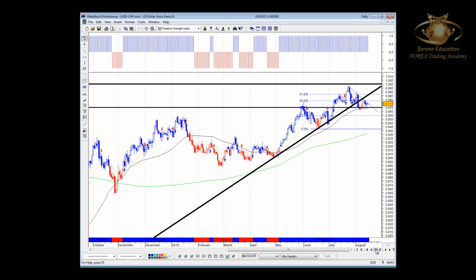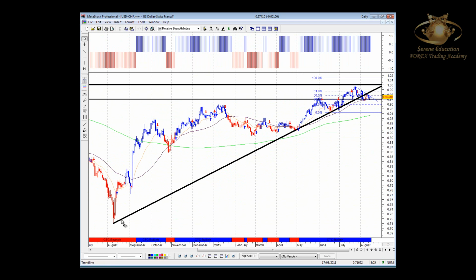Long-term trend line has been breached though. If you take the big scheme of things, you get the trend line from here, from those lows we saw in August of last year, and you can see price moving higher. We have had a break of this upside trend. However, the only thing that's actually supporting this still to the upside is this major support and resistance level here at 970. Get below that, subsequently then we can start seeing a new trend to the downside, with potential targets being the 960 here to start with,